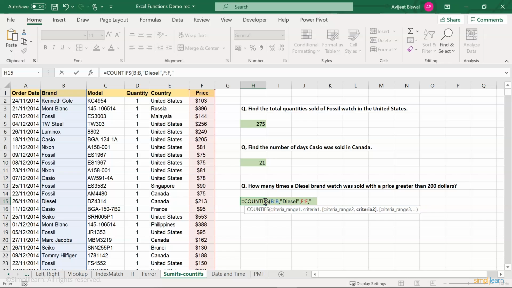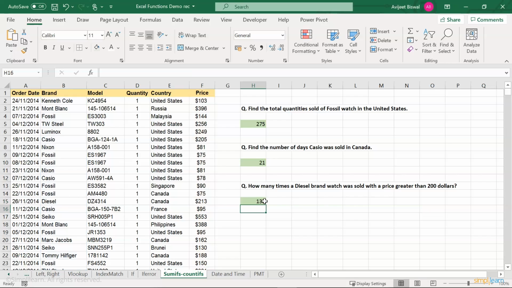So within double quotes I'll give greater than 200. I'll close the double quotes and the brackets. Let's hit enter. Alright, so for 135 times a Diesel brand watch was sold with a price greater than $200.